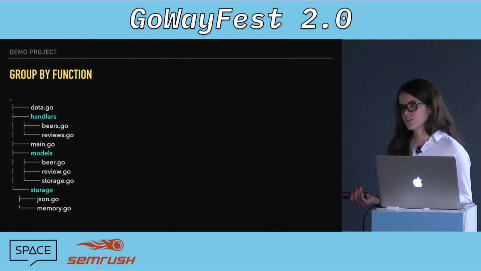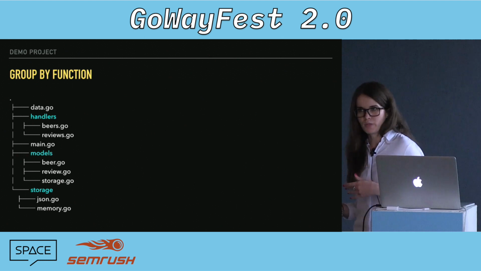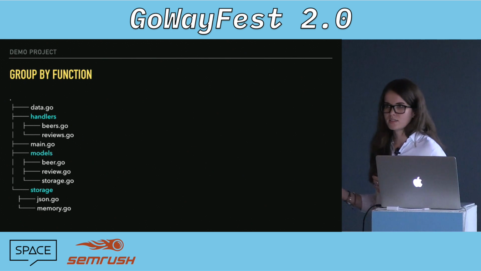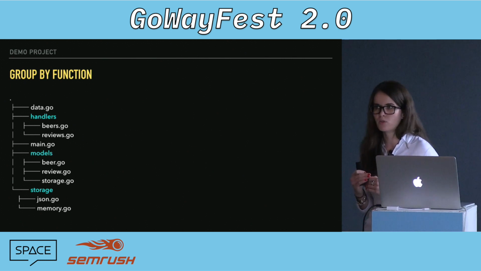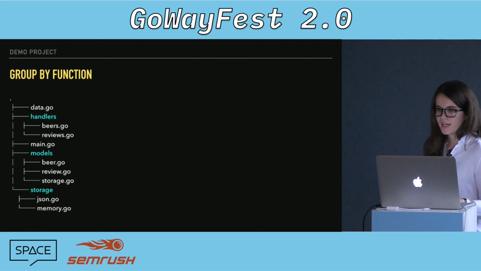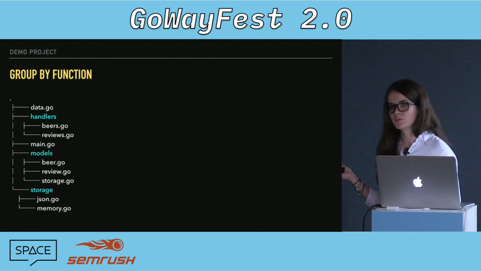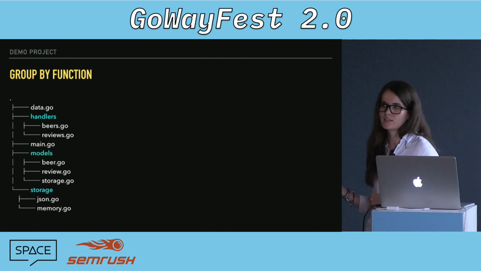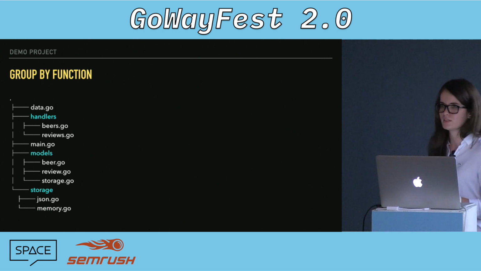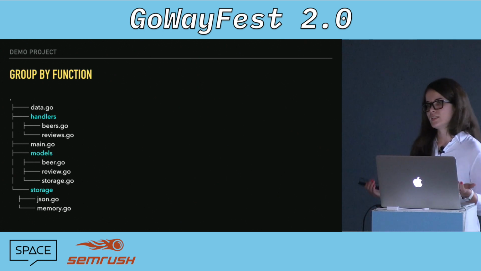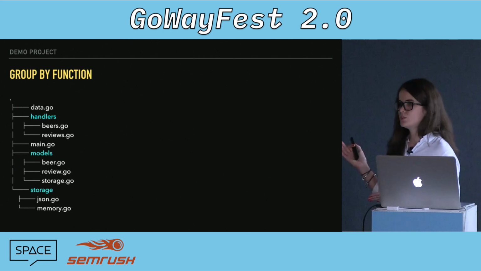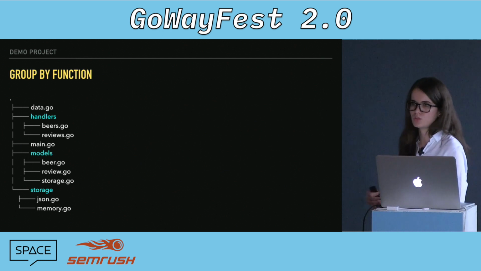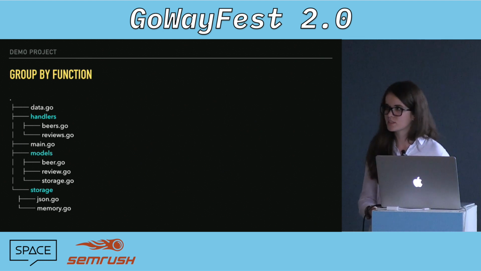The good thing about this structure is that it's fairly easy to decide what goes where, at least up until a certain point. It discourages you from using the global state and makes you start thinking about separating or black boxing some of the things. It could, however, be problematic, because if you have a variable or something that needs to be shared by two layers, how do you decide which layer it goes in? So you start running into those little dilemmas. And then where do you initialize everything? Do you initialize the storage in main and then pass it into every model, or leave it up to every model to initialize its own storage? Those are little decisions you have to make.